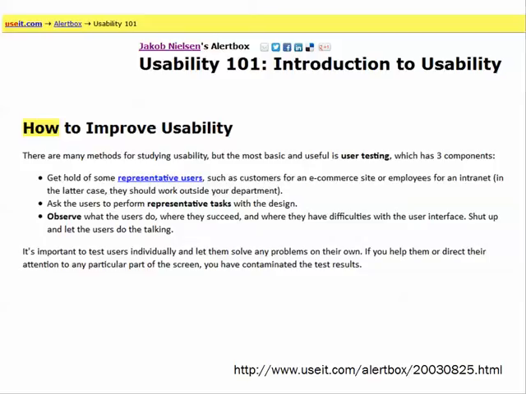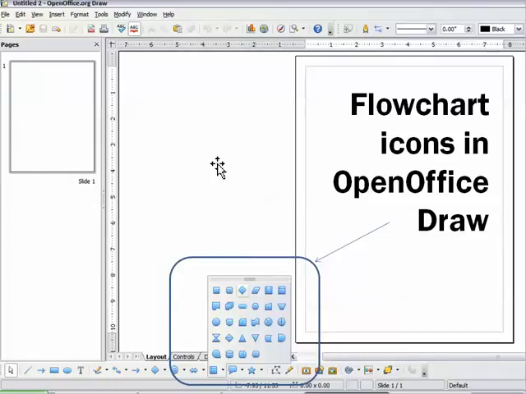And Nielsen has a number of steps as one way to test usability. You find some users, you find people who have the same level of knowledge as you expect from your audience. You ask them to do a couple specific tasks, and then you watch them try to do that using your instructions. So for example, if I wanted to test my tutorial on how to create a flowchart in OpenOffice Draw and insert it, I might